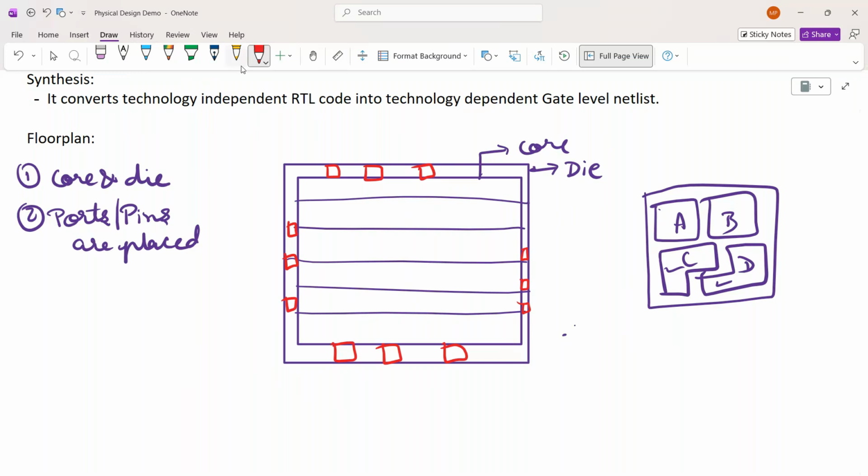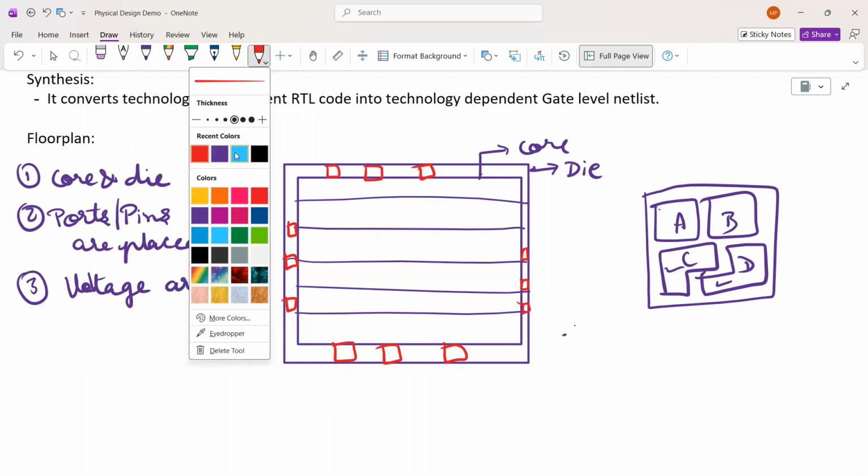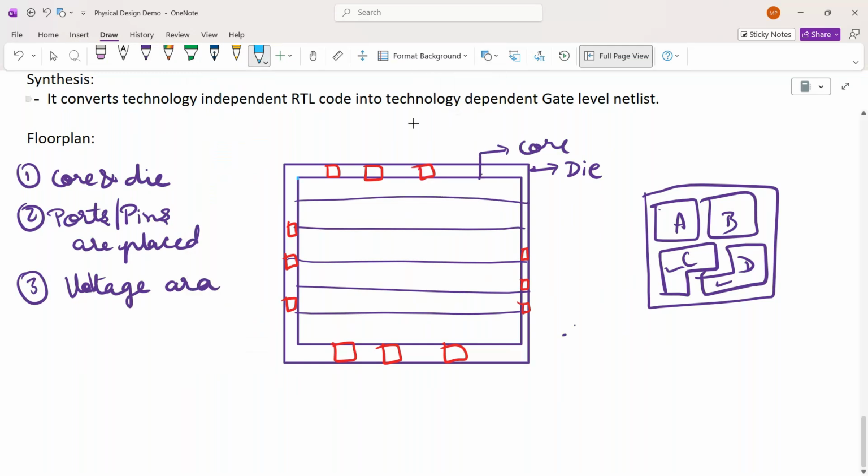After that, if your design is a multi-voltage design, it is not always possible that your design works on only one voltage. It may work on a lot of different voltages, right? So if the design is multi-voltage, we create a voltage area, somewhere in the corner like this, whatever is the requirement. After that, once the voltage area is created,